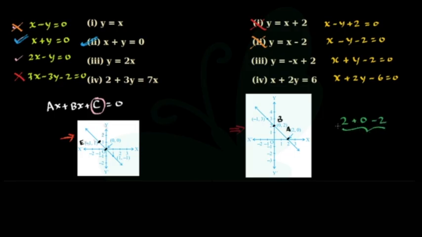Alright, we are again getting the left hand side as 0, which is equal to the right hand side, which is 0. So guys, now we have a very clear understanding that the third equation, x plus y minus 2 equals 0 in the standard form, is satisfying these 2 points A and B. Only a unique line can pass through two given different points. So the third one is the correct answer. So I hope guys you got